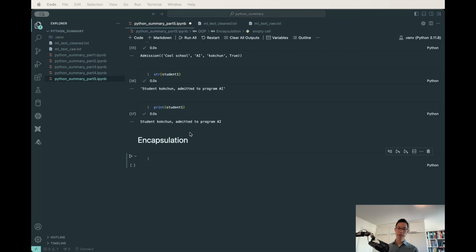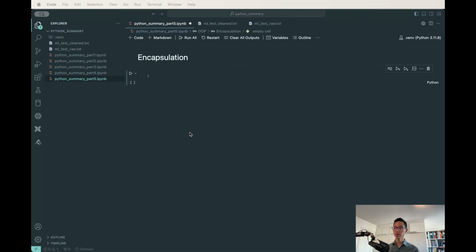However, in Python, all methods and all attributes are actually public. So a solution to this in Python is a convention, and the convention is that you use an underscore before it. So for example,